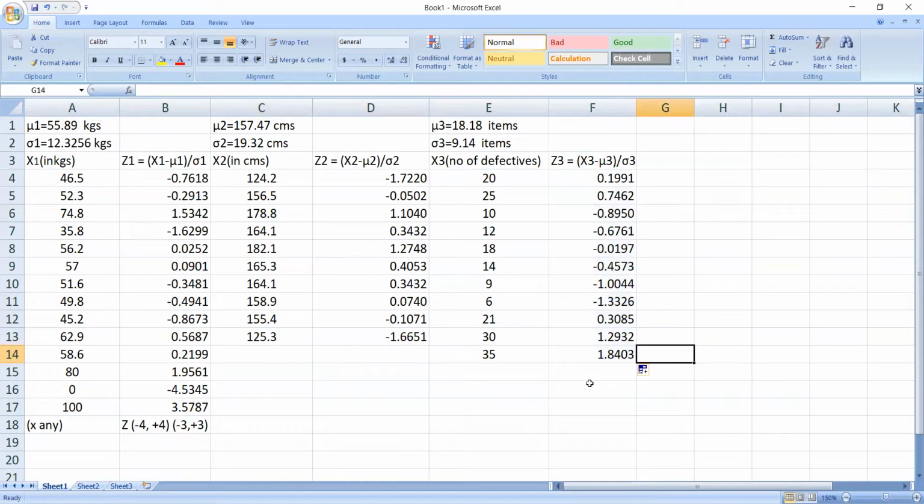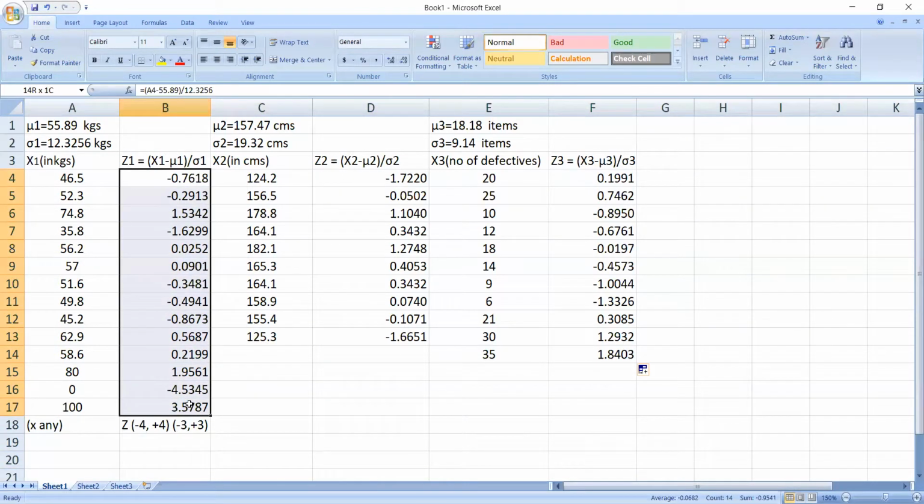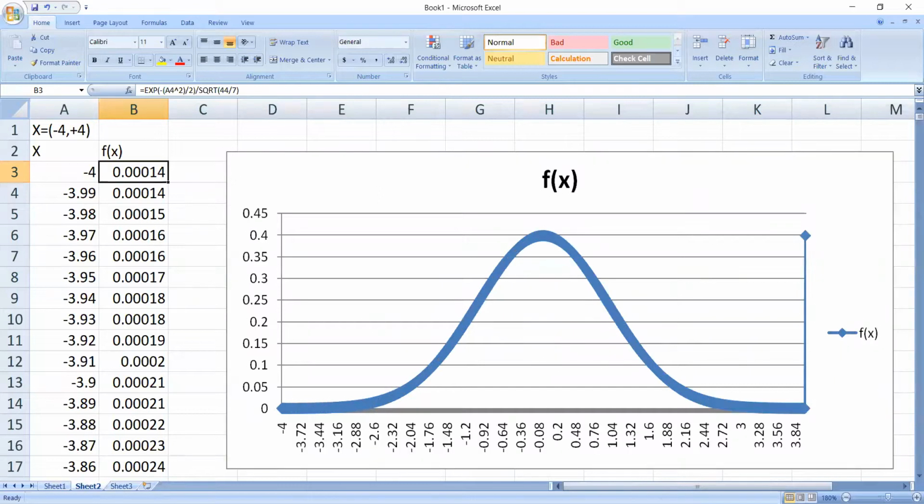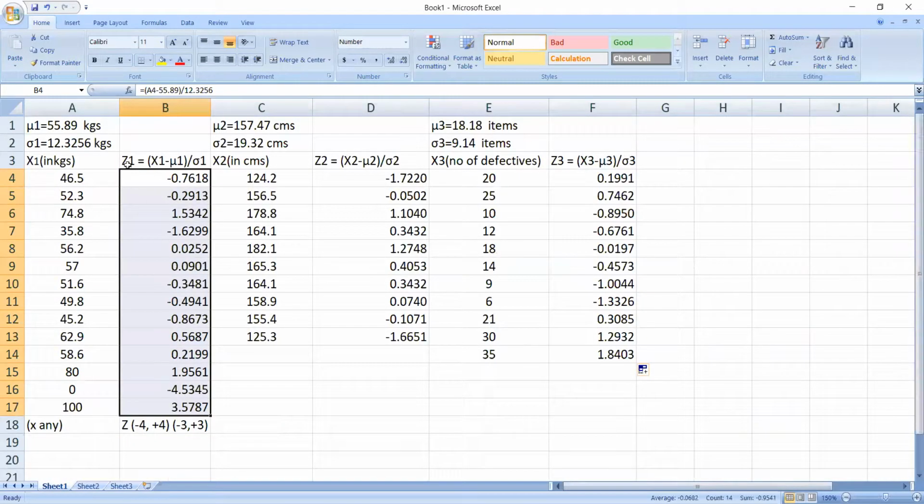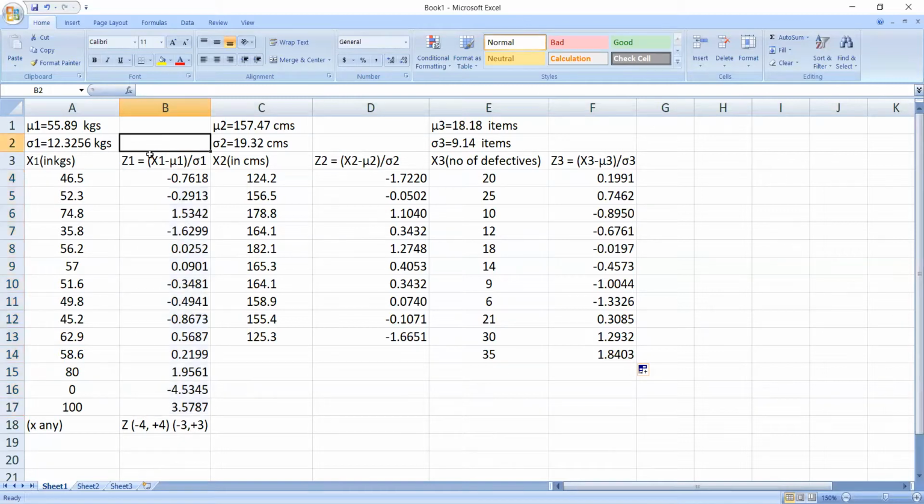Okay. See, so even in this case, you're observing this. So that is the reason why in the previous exercise, I took values from -4 to +4 and I called it x. Now the same x in this particular example is indicated in terms of z. So whether it is x or z, it is following normal. So if you have a different value of x for which you have mu non-zero, sigma non-1, in that case, you can generate a normal distribution by defining z is equal to x minus mu by sigma.